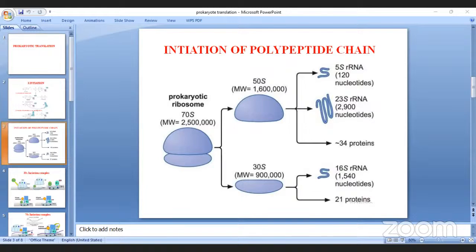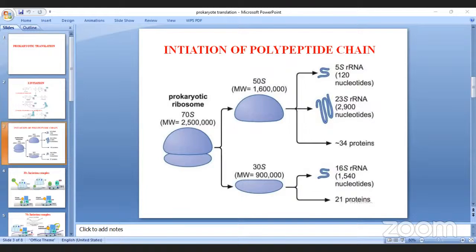To initiate the polypeptide chain, ribosomes are also required. You know already the prokaryote ribosome is 70S, the eukaryote ribosome is 80S. We are discussing prokaryote translation. So the prokaryote ribosome is 70S, and the 70S ribosome has two subunits. These are very important to learn the translation process. Here the two subunits are the small subunit 30S and the large